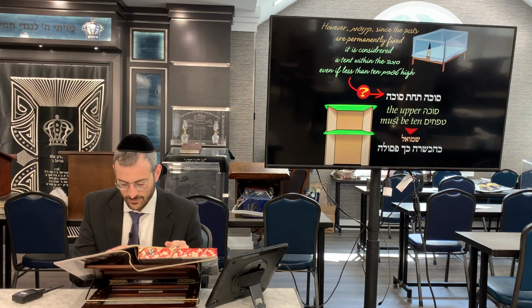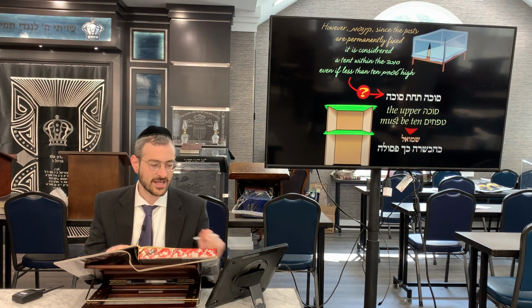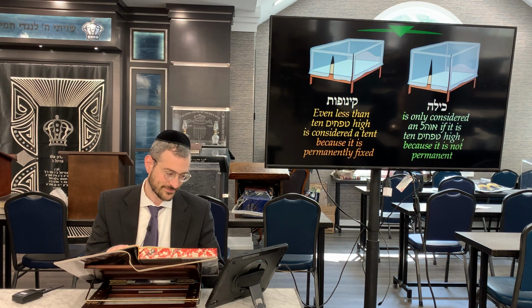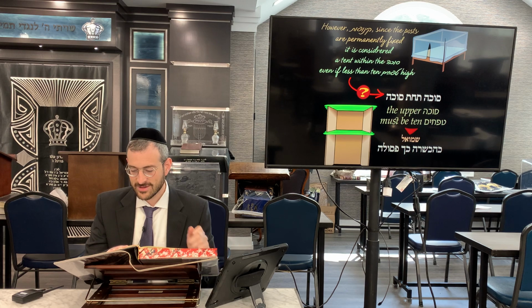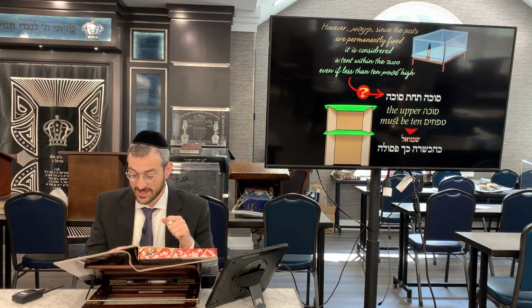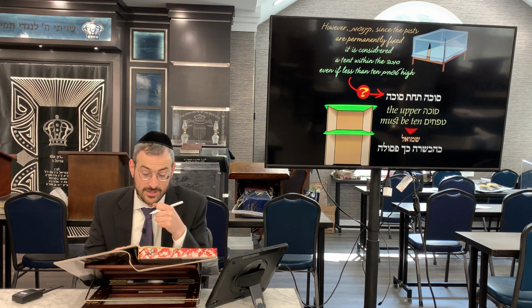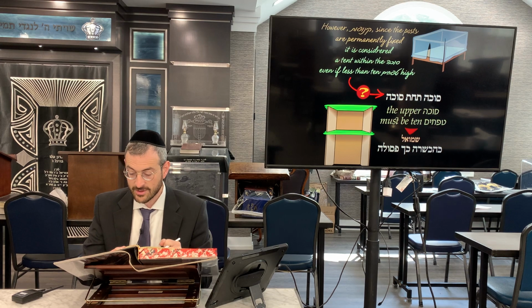They said no, it's different. Why? Hasam over there, the lemisal sukkah. When in the case of sukkah tachas sukkah, what you're trying to do is you're trying to invalidate the lower sukkah. Then the upper sukkah has to have 10 tefachim, like we said, kech sheir, kech besula, because as long as the upper one's not called a sukkah, it's not going to be strong enough to invalidate the lower one.